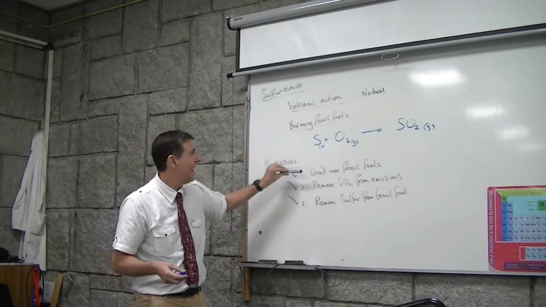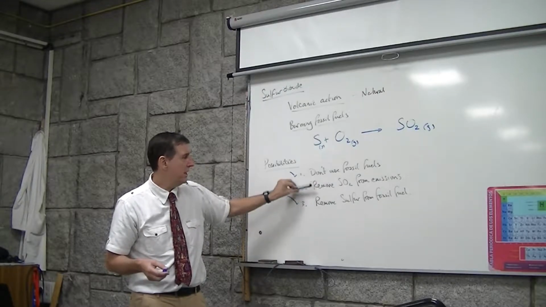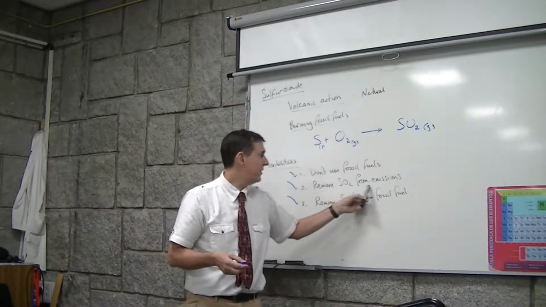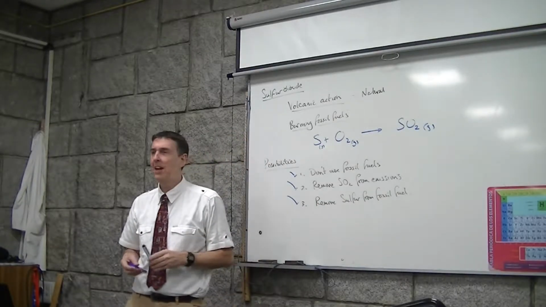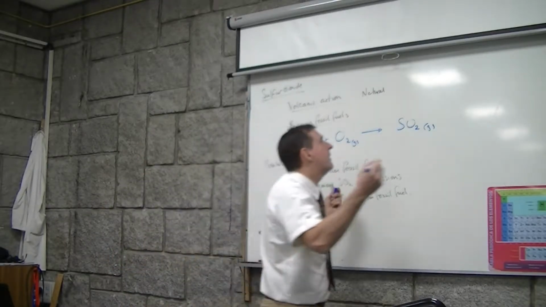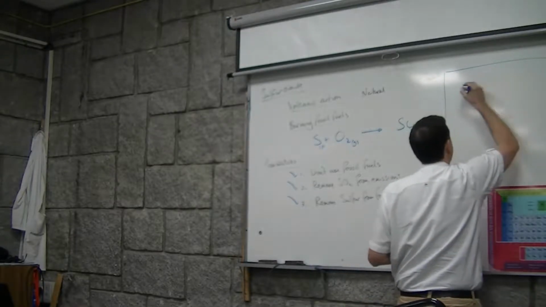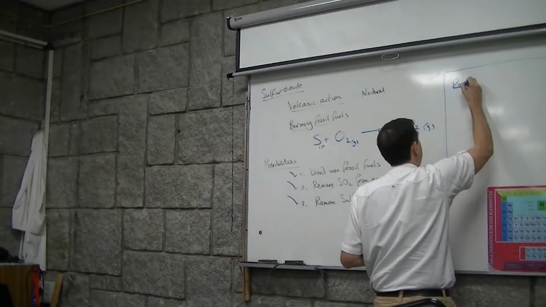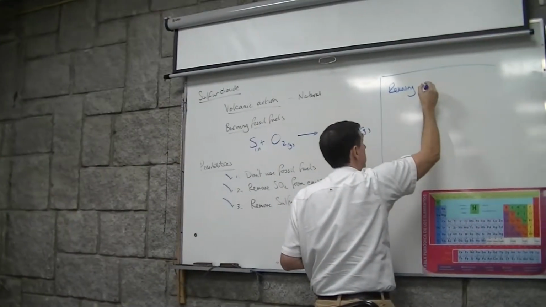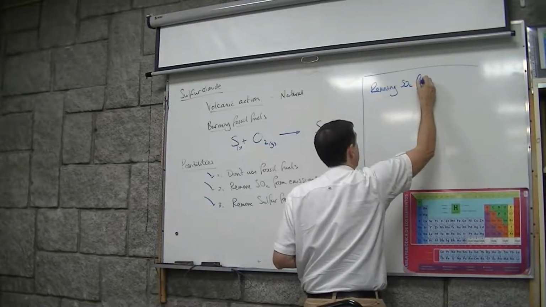All right, so if we have to burn fossil fuels, we can then look at these two possibilities. Now, removing sulfur dioxide from the emissions. Any idea how we might do this? What qualities of sulfur dioxide might we use? I mean, the first idea that comes to me is neutralization. Right, and that is the most sensible idea. Removing SO2 from emissions.